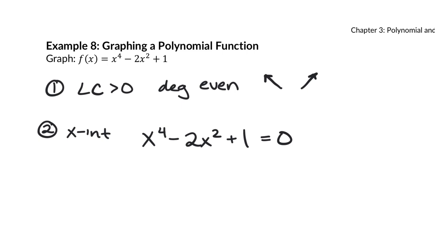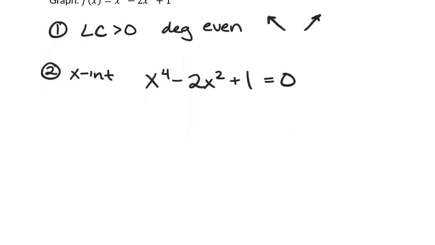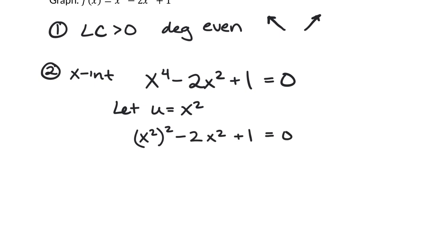So we're going to try to factor this, but oh no. Is this a squared? Is this a regular trinomial that we're used to factoring? No, so we're going to throw it back to something you guys hated in chapter 1. This is a u substitution problem. So we're going to let u be equal to x squared, and we're going to rewrite this problem. If I rewrite this problem, we can do x squared squared minus 2 times x squared plus 1. But if we let u equal x squared, we would just rewrite this as u squared